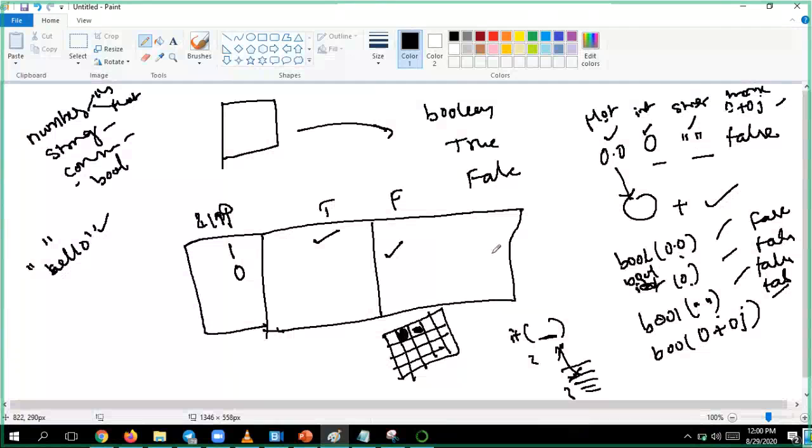If the cell has a value, you will say if bool of A, where the value you got from the cell you are storing in A, and bool of A is equal to true, then execute this code. That is what you might be doing.